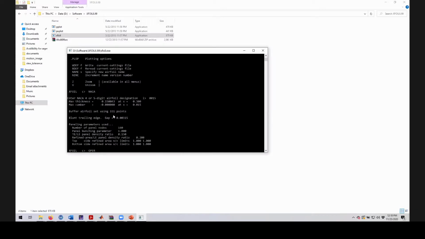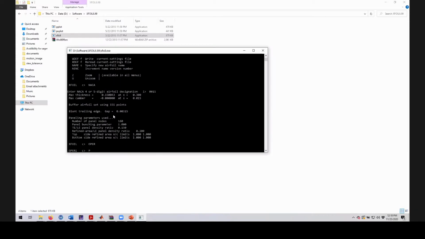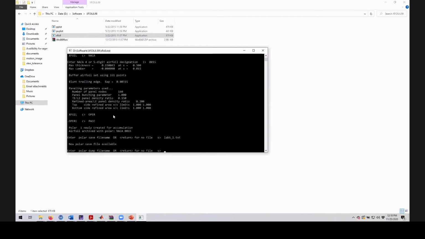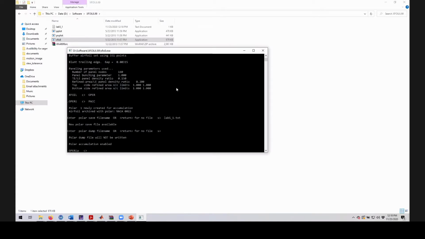OPER, which tells it that you want to perform some operation, PACC, and then you tell it the file name to save your data in. In this case, let's call it lab 5.1, which is the first part, .txt. As you can see, in the same folder it would create that file for you. After you create the file, press enter. Finally,